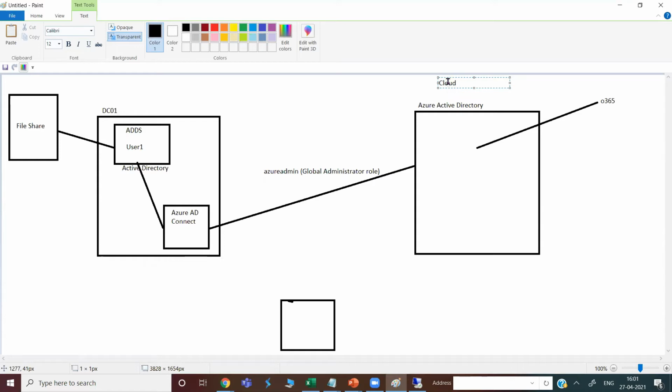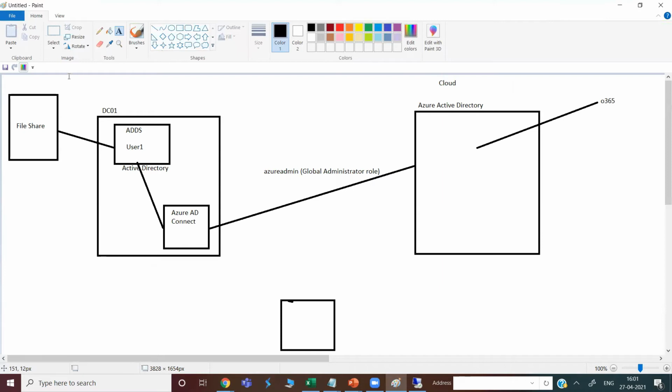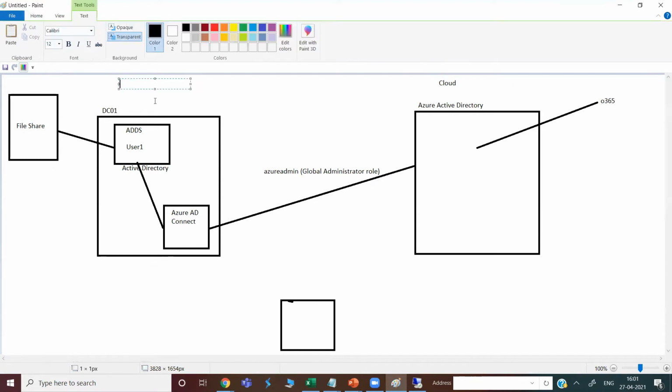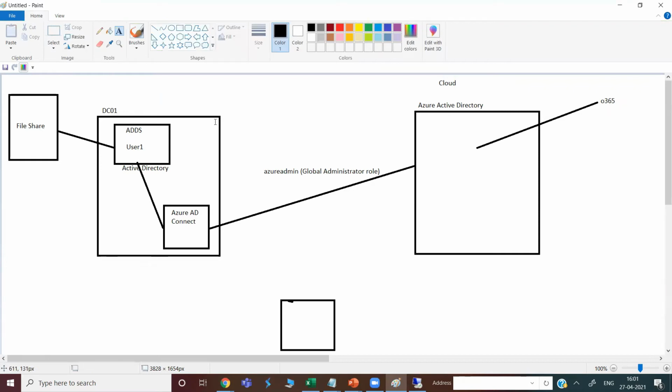And if you have just deployed your infrastructure on-premises, we call it on-premises. But when your resources are scattered across on-premises as well as Azure or cloud, we call it a hybrid model.